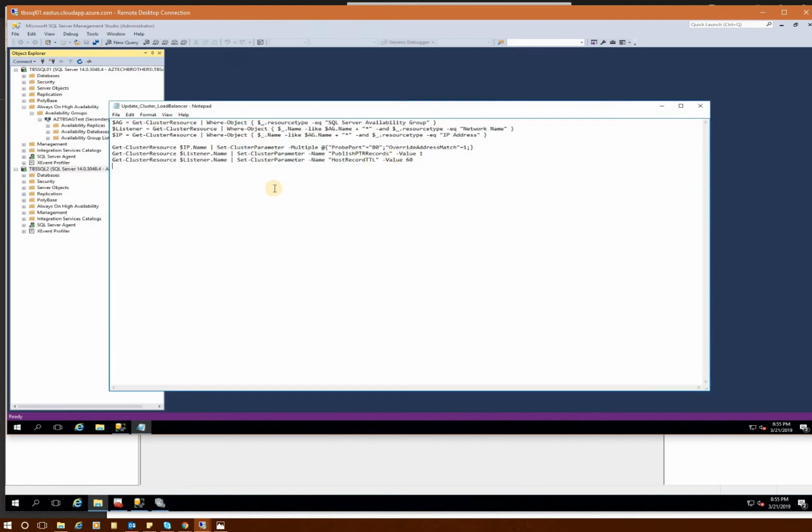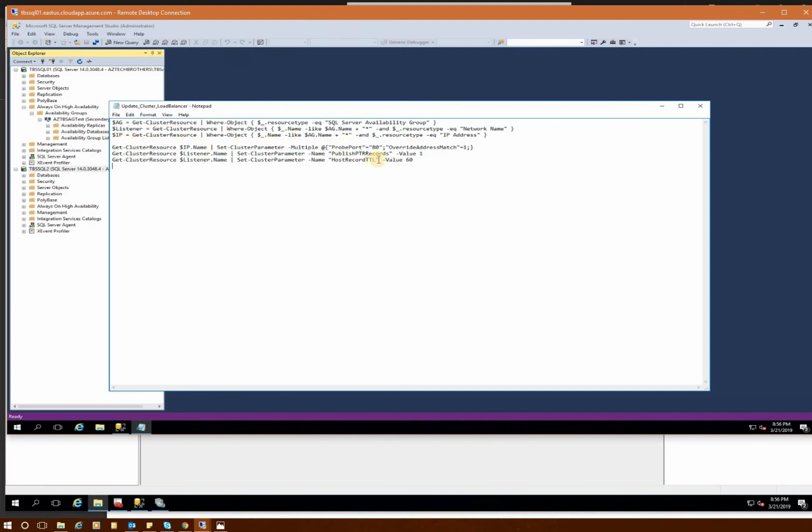This is the PowerShell script that we are going to run. You can run this PowerShell script on any of the nodes and it should work fine. So basically it needs the cluster resource name. You can run PowerShell and run this Get-ClusterResource name, and it'll actually bring your cluster resource name, and then the listener name right here and the listener IP address. These are all in the variables, and then it's going to use those variable values right here in the